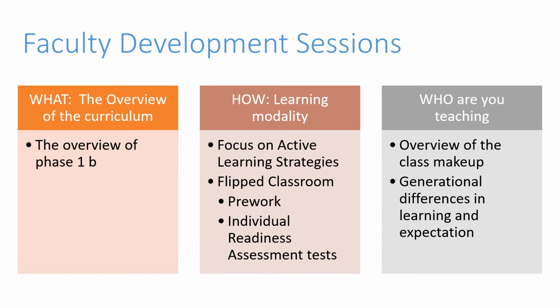The next session really focused on how to teach and what learning modalities we were going to be using. We focused a lot on active learning strategies. We went through the underlying reasons for flipping the classroom and making the students become more actively engaged with the material. We talked about pre-work, which was a part of what every faculty member had to do before